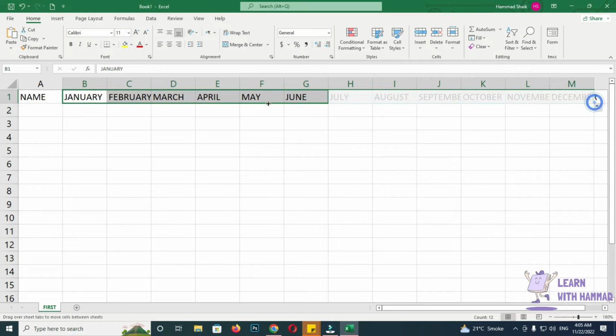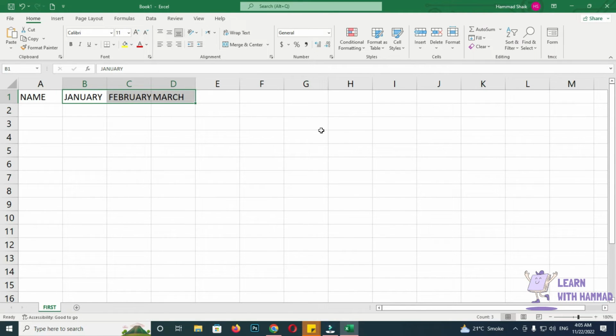Okay, and if you want it to stop at March, you can just stop there. And if you write the short form JAN, it will also work on this. Just click on the green button and just drag it. Okay,